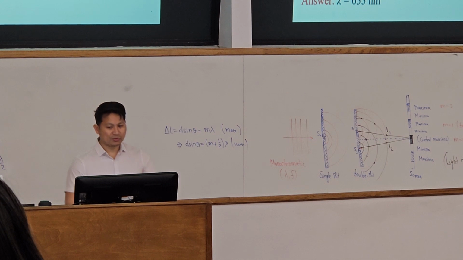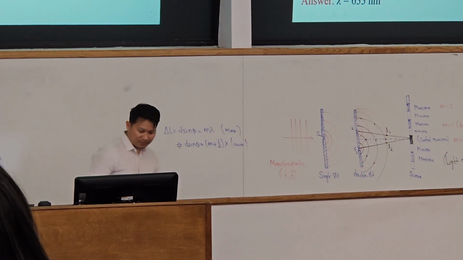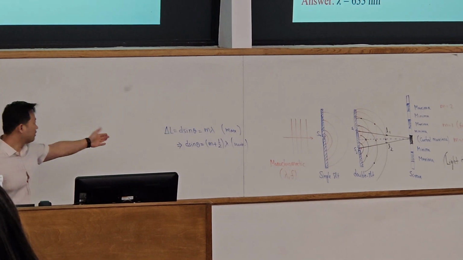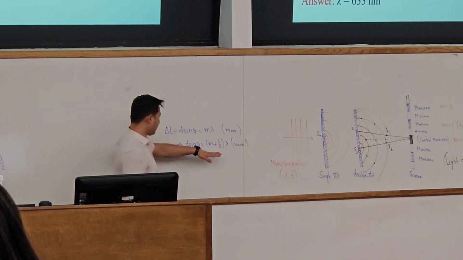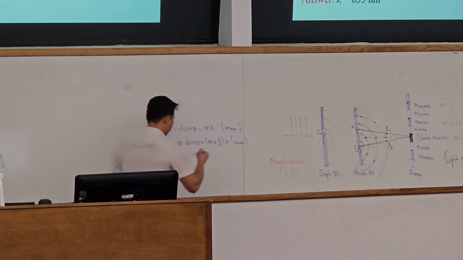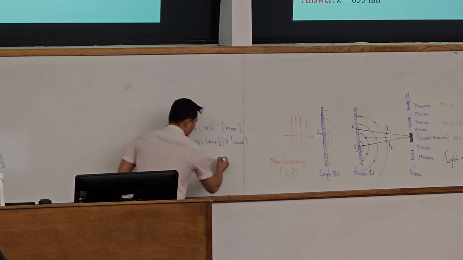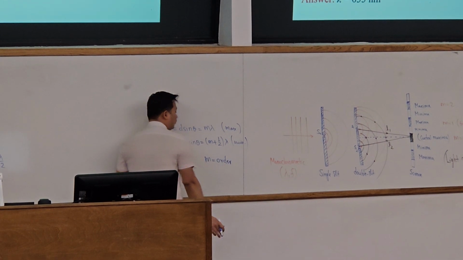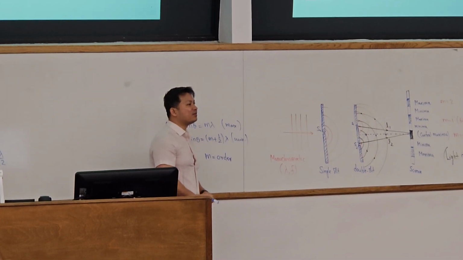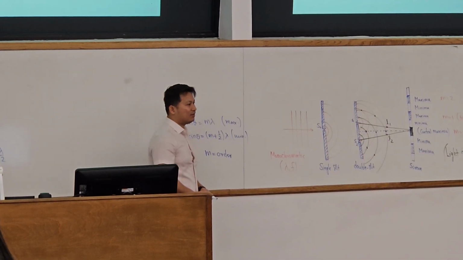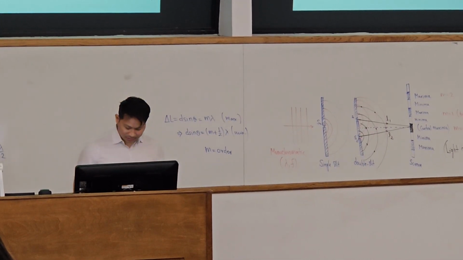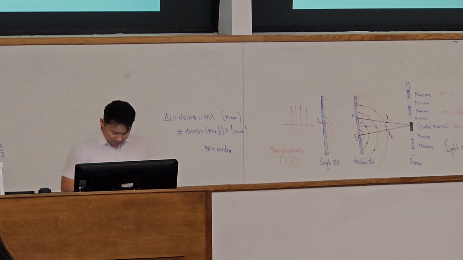How to approach this one. It's a very simple experiment. You have a formula for maxima, and you have a formula for minima. And n is called the order of maxima or order. If n equal to 1, I call it first maxima. If n equal to 1 for the minimum, we call it first minimum. Okay? n is the order. So let's take a look at this problem and finish the class.